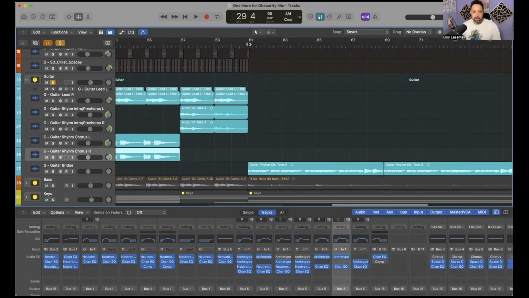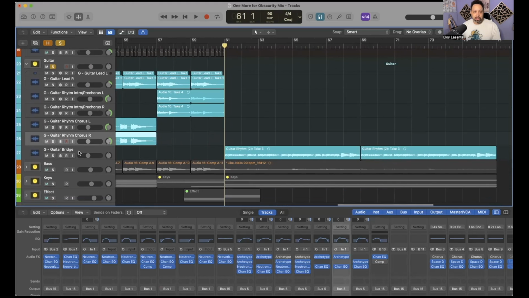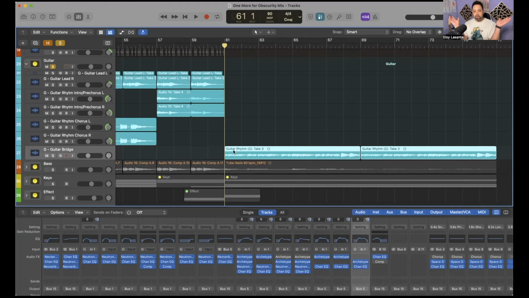And of course, during the bridge, there's just the one. Most of the other ones, I have them panned. This one, I just wanted to be a single solitary ringing of the guitar. And it's a slightly different effect. It's got a little bit more echo and stuff on it, just slightly more than the other rhythm guitar.